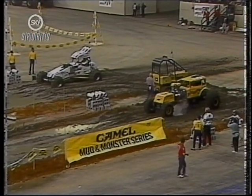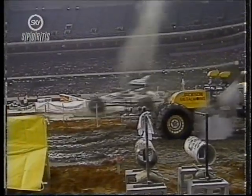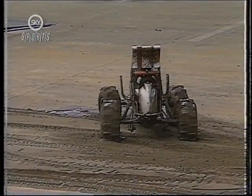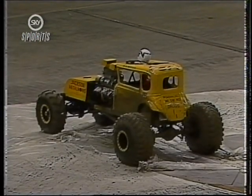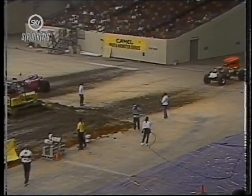Both machines lining up, staging together. But Jarrett gets a huge hole shot, and on the brakes to stop, he puts the machine sideways. Jarrett, 2.03 seconds. Exceptional run, while Milstead puts down an equally strong run of